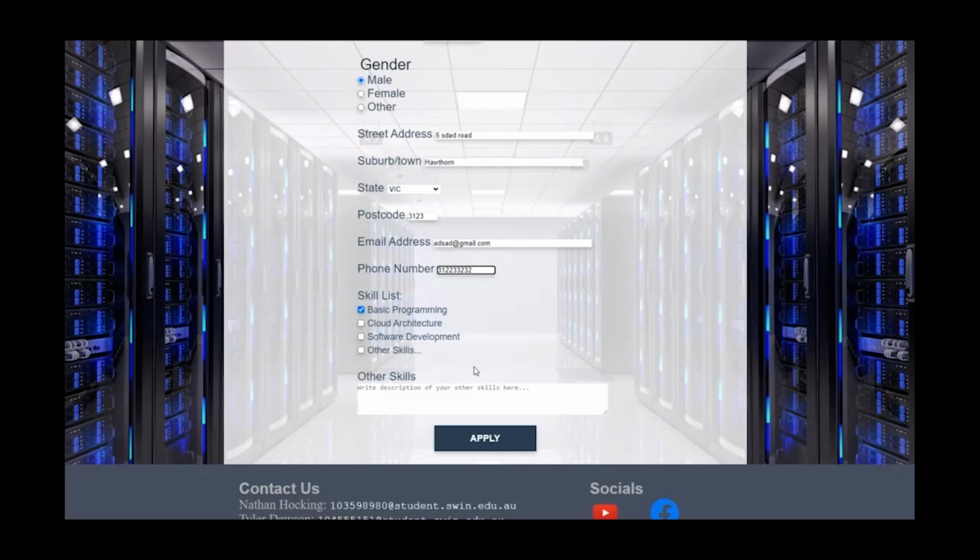The phone number field is between 8 and 12 digits, and spaces are allowed. Then the skill list checkboxes can be checked, whether or not the applicant has those skills. There is a text area for other skills, and once the form is completed, the data is submitted to the